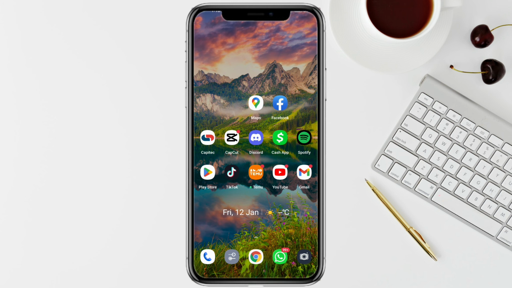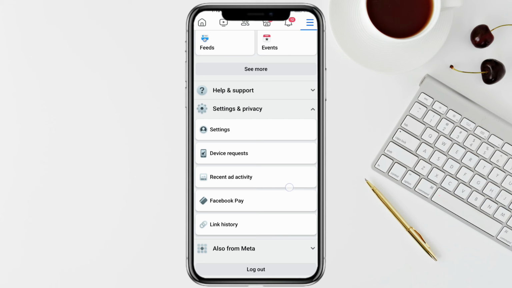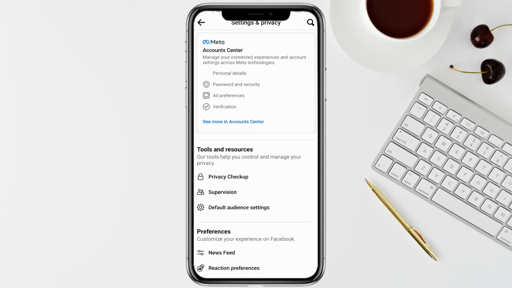So for that, just open your Facebook in your smartphone, and after that just click on the hamburger icon from the top right, and under the settings and privacy just click on settings, and now just select the account center from the top,